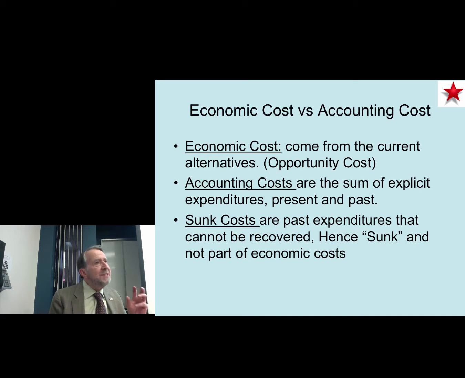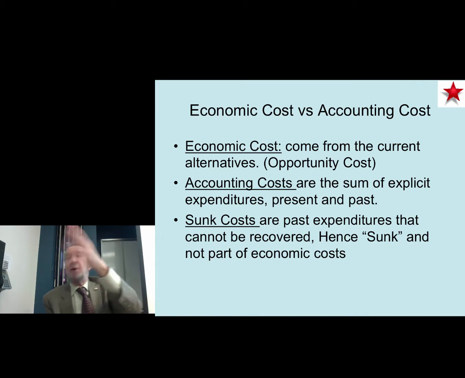And then finally, because economic cost comes from the available alternatives of what I could be doing with my resources, costs that I cannot recover, meaning things that I've spent in the past, are not part of economic cost. They are what is called sunk cost. Sunk cost. It's an expenditure of resources that I've made in the past that I've already used up and I can't get back. If you can again, the accountant would say the cost of being here is what was your tuition, divide by number of courses, divide by number of units, divide by number of class periods, and you would get